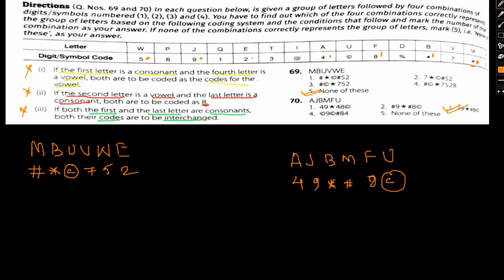I hope this is clear to you. This was a very interesting kind of question pertaining to coding and decoding. None of the clauses that were given actually satisfied either of the two questions, so we were unable to use them. Given questions of this kind are more or less easy.